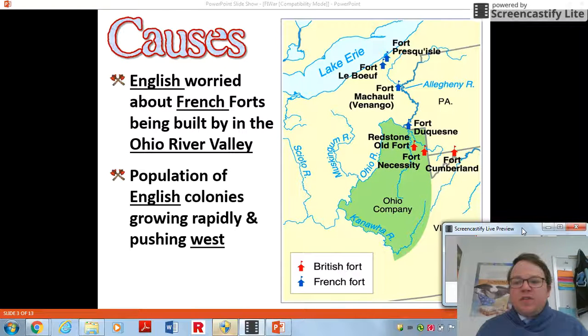France had a lot of land, but they didn't have a lot of people. England didn't have a lot of land in their colonies, but they had a much bigger population, so they're expanding westward. They're running into French territory, and we're getting some disagreements about just who controls this land. And usually, if there's enough of a disagreement between two countries, a war is going to break out.